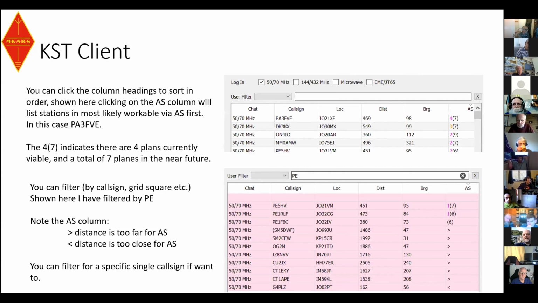So you could look for, I don't know, if you're looking for JO00, for example, as a grid square to see who's on in JO0, you can just put JO00 in and it will list the stations that are active in that square. So it's useful for finding people that you're trying to work in a particular place. But if you're just purely looking to work AirScatter, then